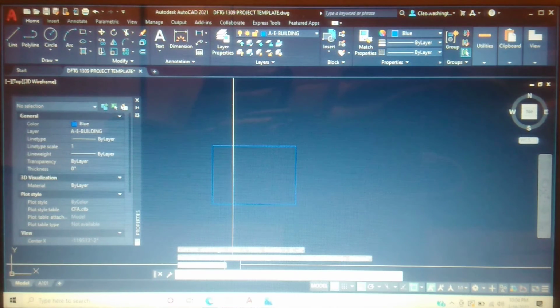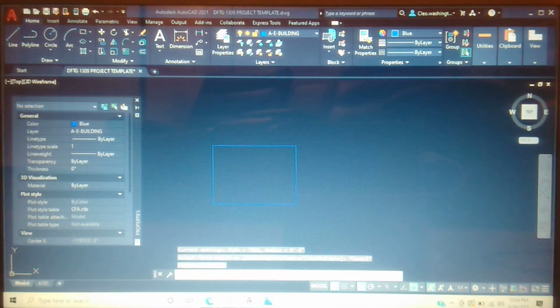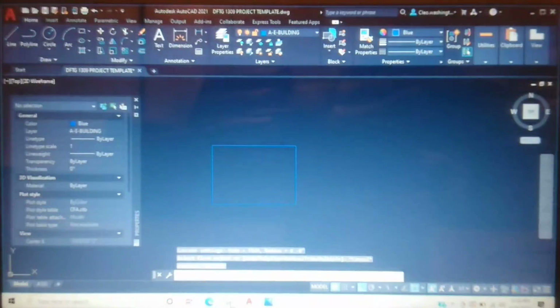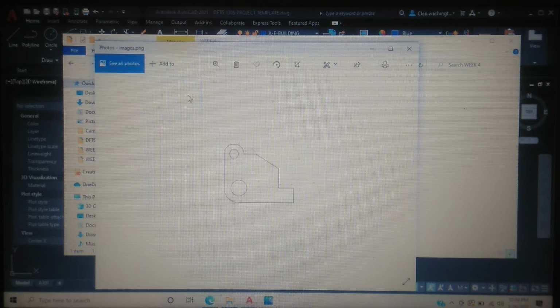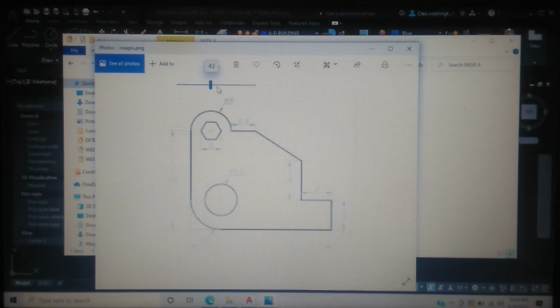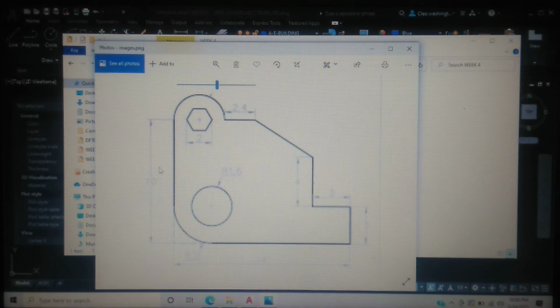So now we're going to actually start. Let's see if I can pull that thing back up. Did I close it? Yeah. I'm going to leave it open so I can toggle back and forth so you guys can see. We're going to start at the bottom left-hand corner, and we're going to put this radius in here. And we're going to use the fillet command,